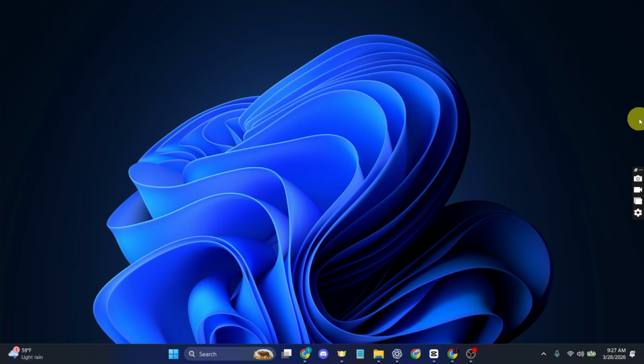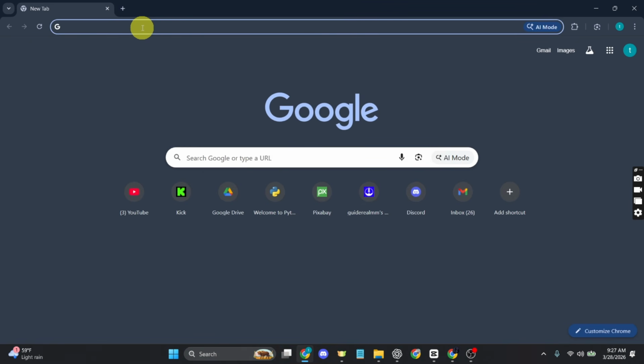First, let's start with downloading the software. You can get Soundpad either from Steam or from the official website. I personally recommend downloading it from the website because it is more straightforward and avoids some issues people sometimes face with Steam install. First, open your browser and in the search bar, just search for Soundpad